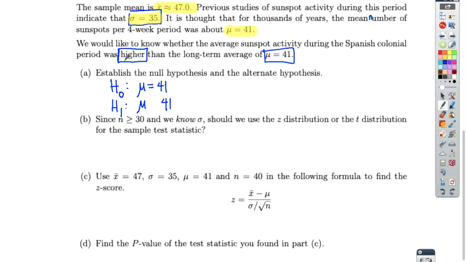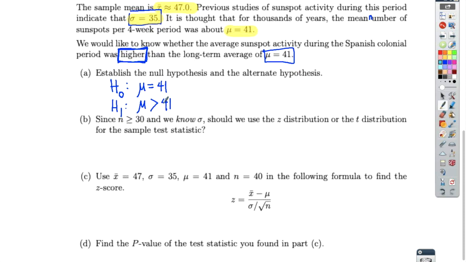And that's where this word higher comes in. So we want to know if the average sunspot activity is higher, meaning that it's greater than 41. So here's our alternate hypothesis. Now, when we're establishing an alternate hypothesis, remember we classify these by saying it's either a left-tailed or right-tailed or